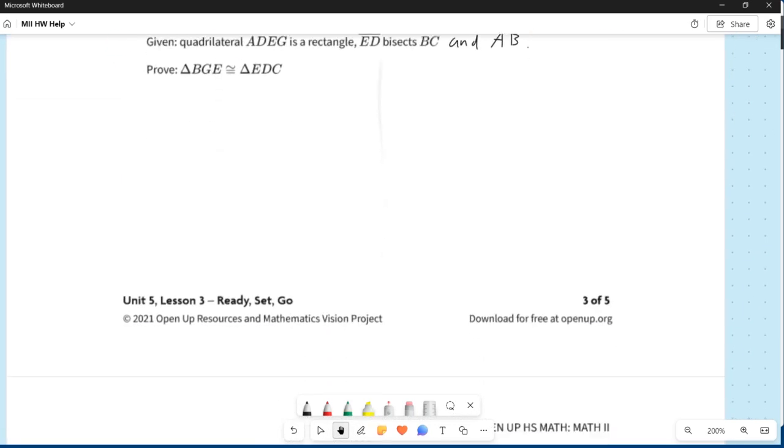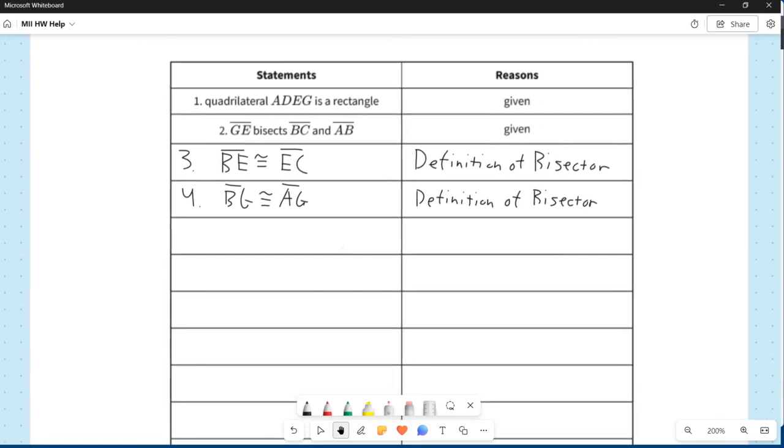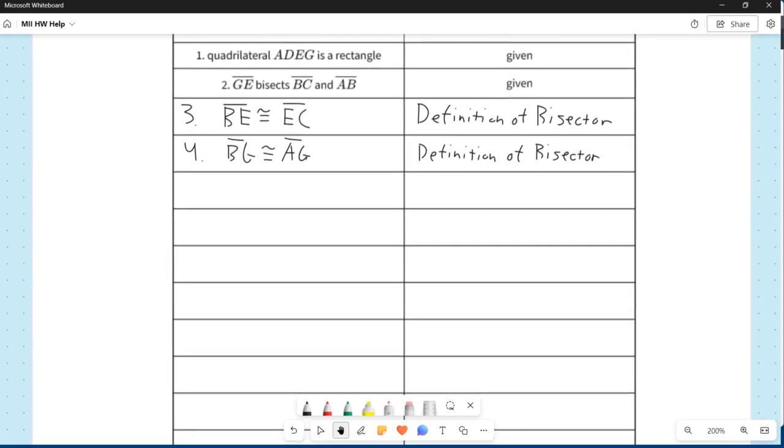Notice that in our proof, statement number 1 already established that we're dealing with a rectangle, right? So from statement 1, we can now also say statement 5, which is AG is congruent to DE,